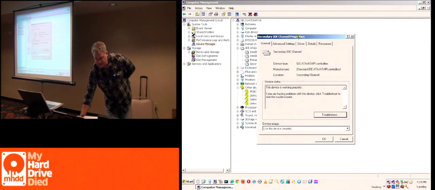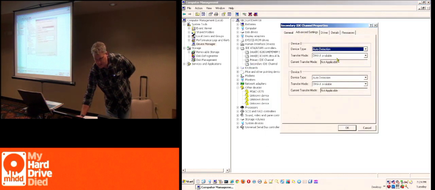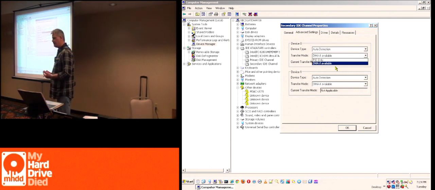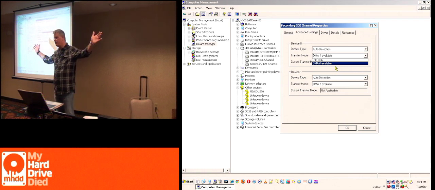You can go to advanced settings, and you'll see DMA and PIO mode. Now, if you were running a Windows system and you just wanted to play with it, in other words, we're doing this the poor, cheap man's way. We do not have any special tools, and we're not going to spend a lot of money. I flew to another country. I don't have any other tools. What am I going to do?